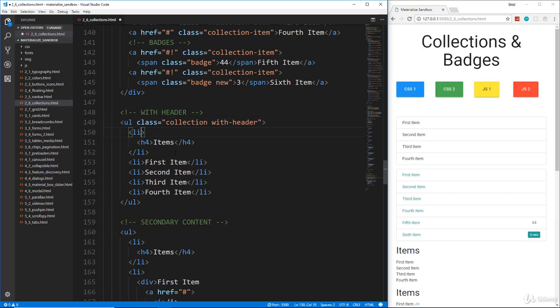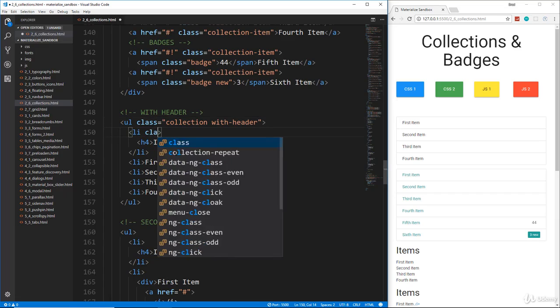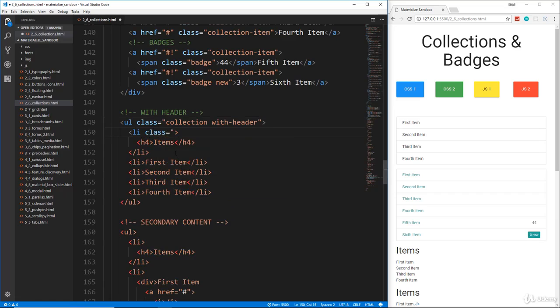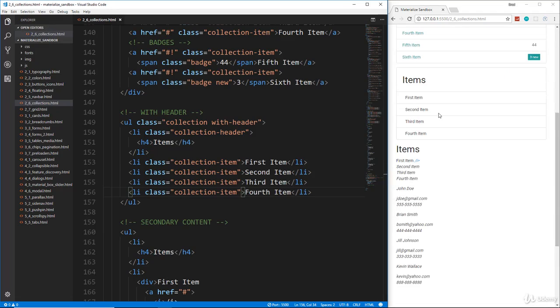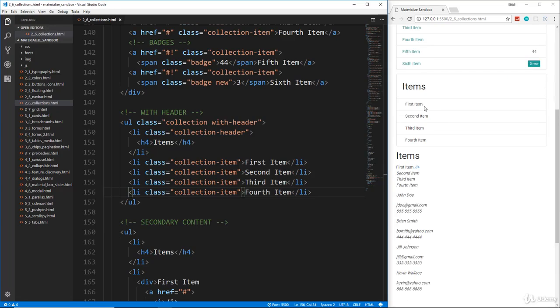Then the first li would have a class of collection-header, and the rest of these will have classes of collection-item, just like any other collection. Let's go ahead and save that, and now if we look down here, we have this header that says items,